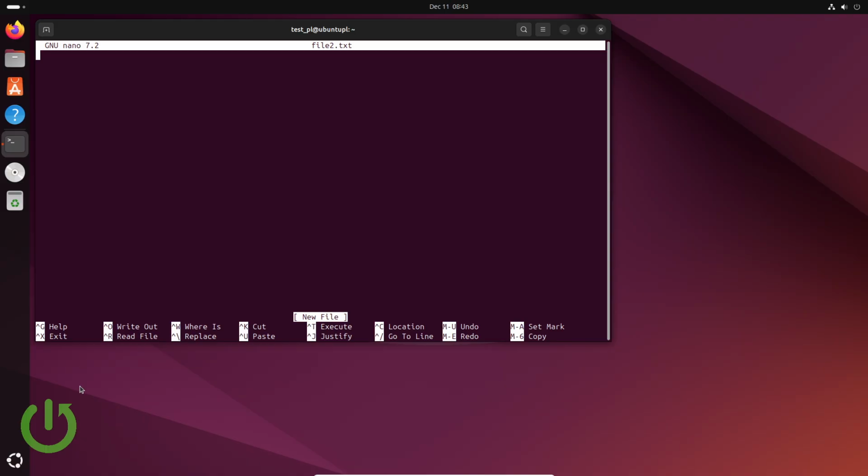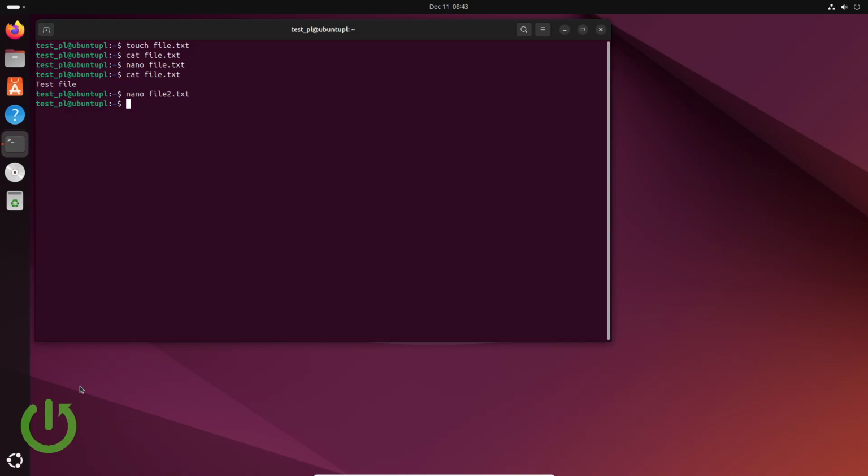And now we can type something. So I will type, for example, maybe file 2 test, and again Ctrl and O, enter, and Ctrl and X, and we can again display it. So cat file2.txt, as you can see, file 2 test is appearing, so everything is okay. And now we have